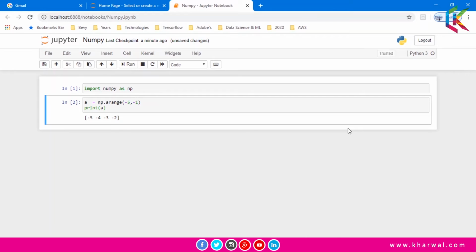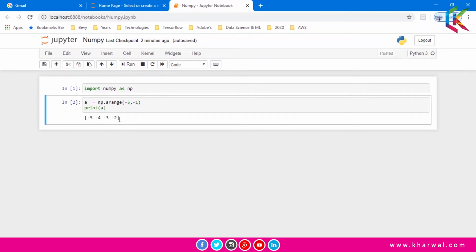The counting begins with the value of start, that is -5, and increments repeatedly by the step size, and as we know, by default the step size is 1, ending just before the stop is reached. The stop is -1, so it will stop just before -1, and that is -2. So it will give you -5, -4, -3 and -2.